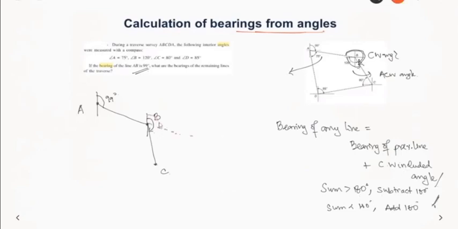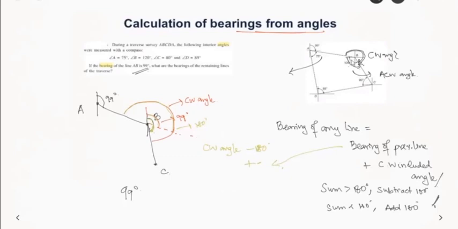We know that this is 99 degrees, that is the bearing of the previous line, and then your clockwise angle is this one. Out of this clockwise angle, this part is 180 degrees, and we want to measure this one. So your clockwise angle minus this 180 degrees will give you this part, and you know this is 99 degrees, that is why we are adding the bearing of the previous line. So the bearing of the previous line is 99 degrees. We are adding the clockwise included angle.